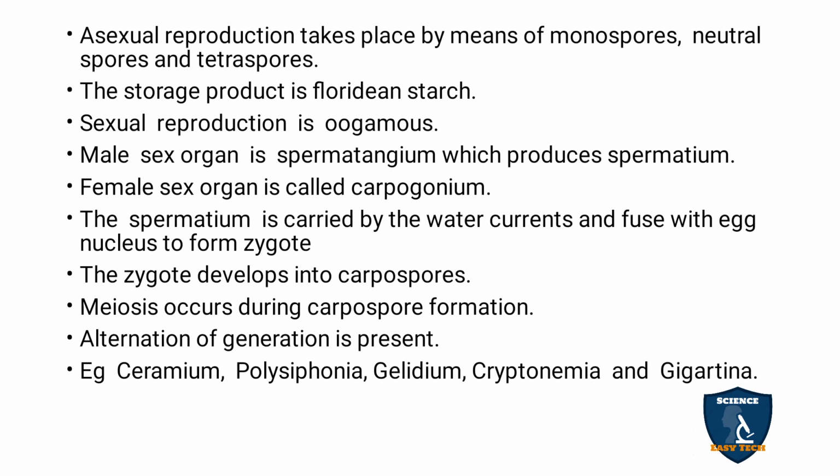The spermatium is carried through the water current to reach the egg for fertilization and forms the zygote. This zygote develops into carpospores. After meiosis, the carpospore formation takes place. After that, the carpospore germinates and gives rise to a new red alga, and alternation of generation is also present. Examples: Batrachospermum, Polysiphonia, Gelidium, Porphyra and